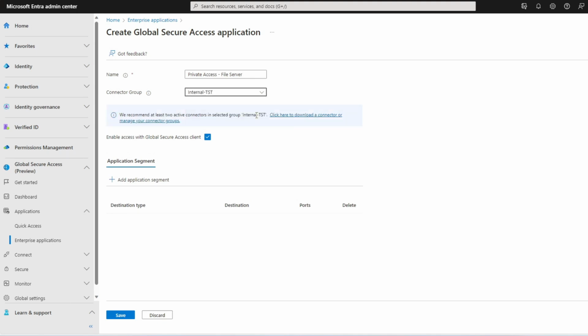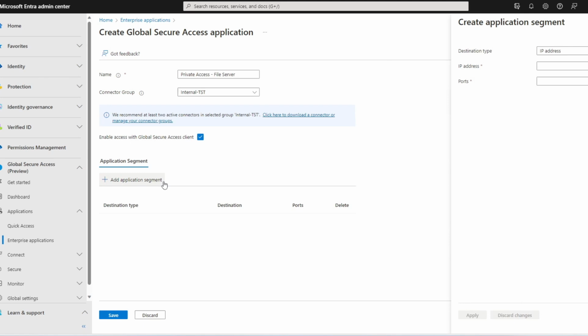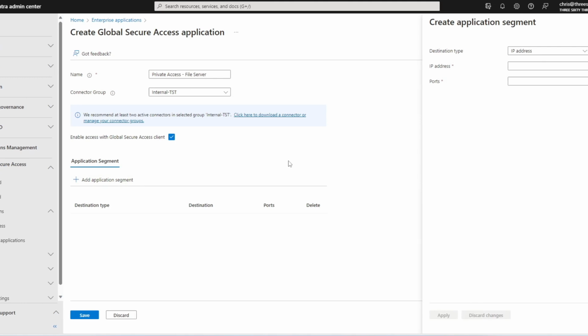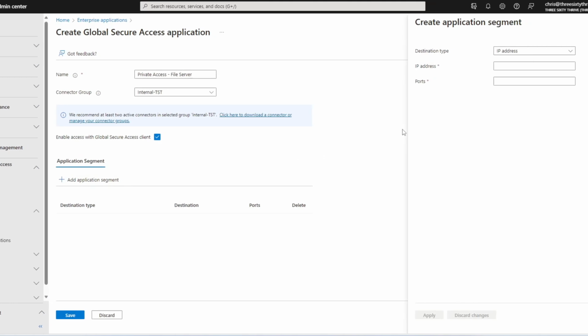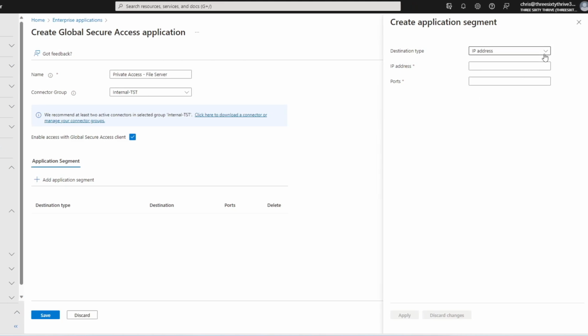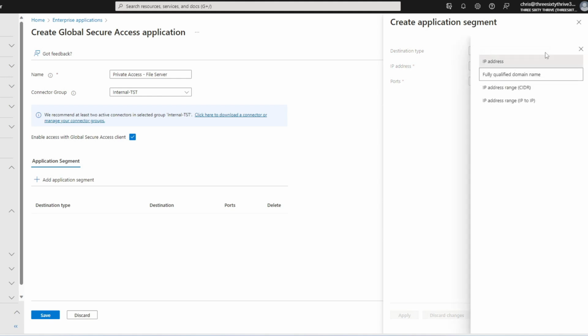We'll then verify that Enable Access with Global Secure Access Client is enabled, and then we'll click Add Application Segment. Within the destination type field, we have 4 different options to choose from. The first one is IP address, which reflects the internal IP address of the resources, such as 10.1.130.20. We then have fully qualified domain name, which reflects the internal FQDN of the resources, such as servername.domain.com. We also have IP address range, CIDR, which reflects the internal IP address range of the resources in CIDR